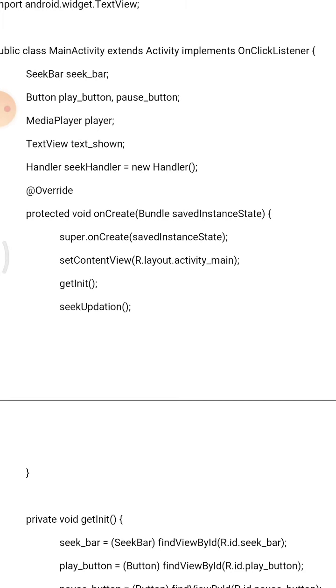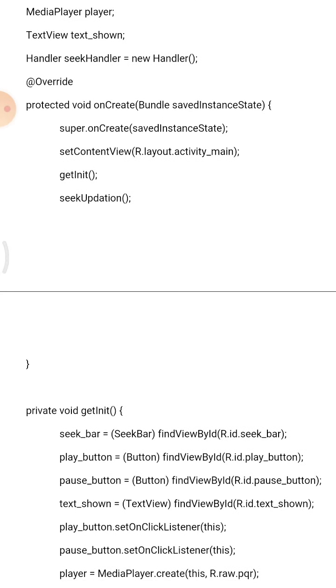That's why these four components are displayed. Then @Override is used for the method protected void onCreate.